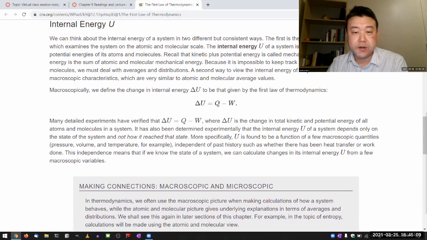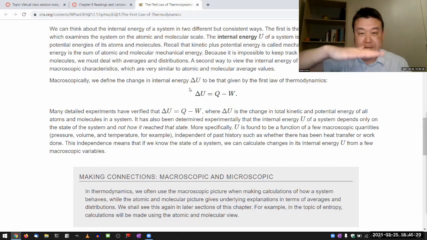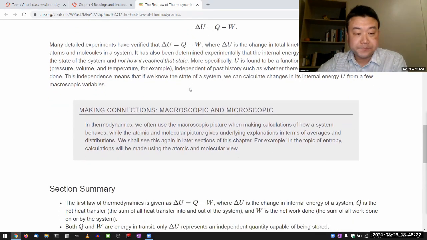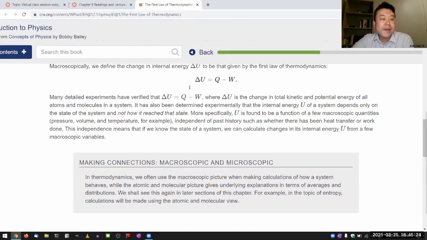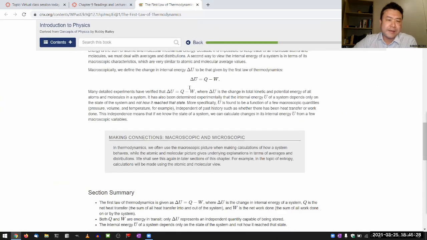Adiabatic compression is where heat flow is zero, so the work that you're doing on the system, which is a negative work, so minus minus, it's positive change of internal energy. That's what heats up the air. So that's one. But outside of novelty physics demos, or I guess popular camping tools, the way it's